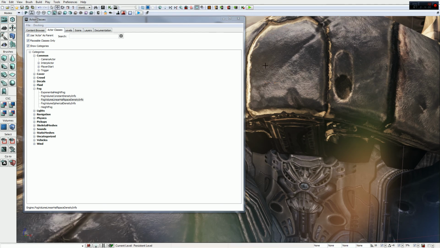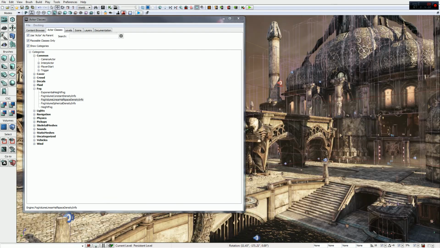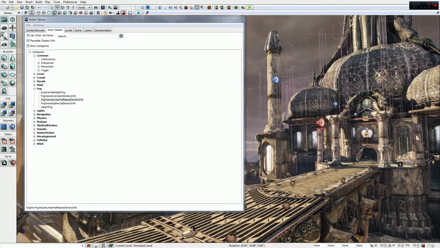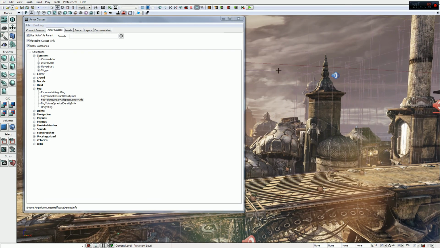All right, delete that. Now, height fog, very different. This goes throughout the entirety of the level. Now, it does sort of work off of height a little bit. So if I place this in, like right there, and then switch to game view,